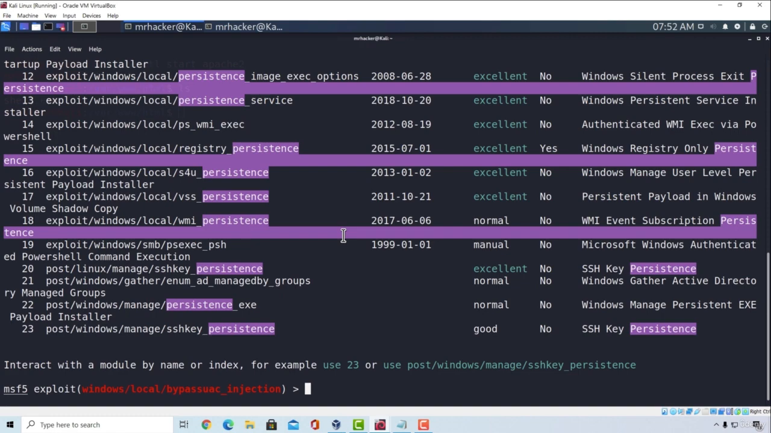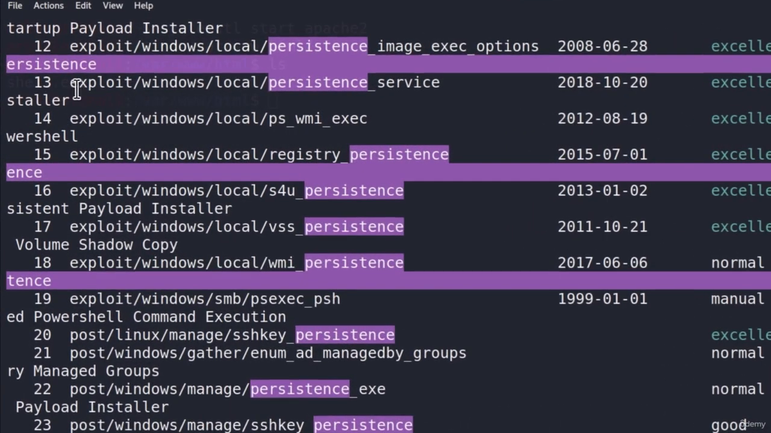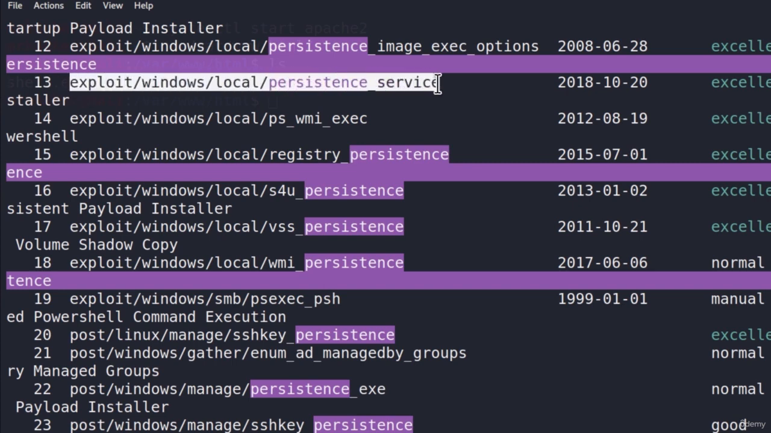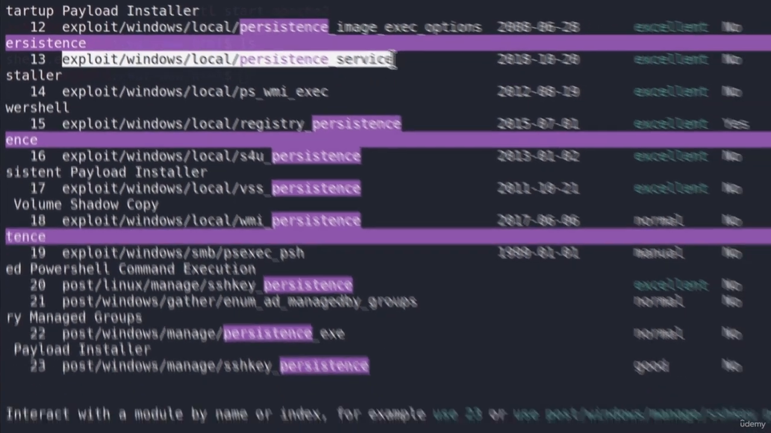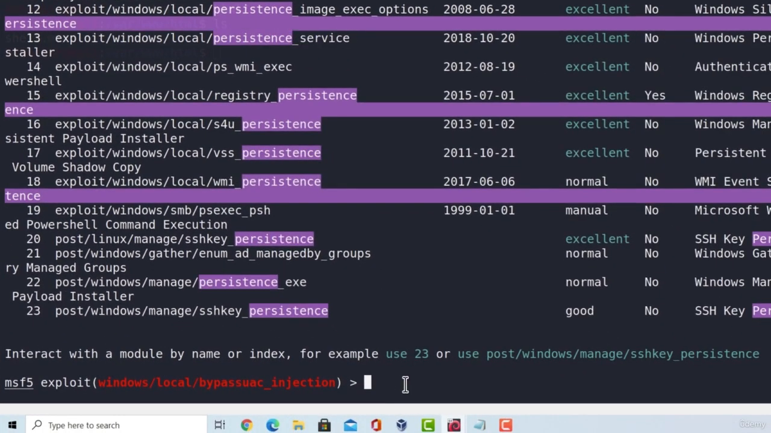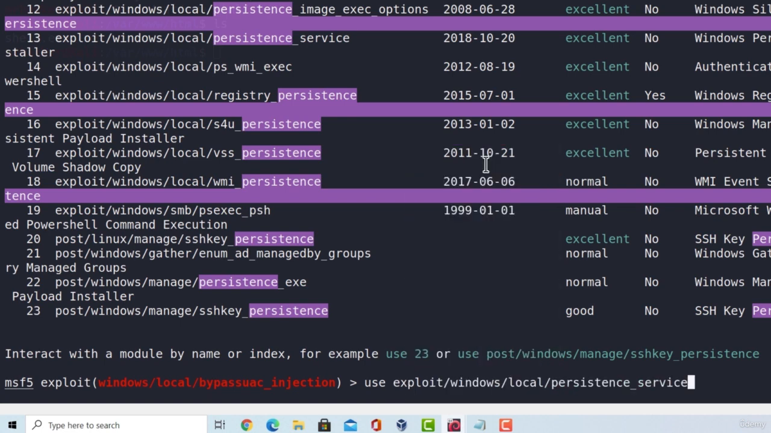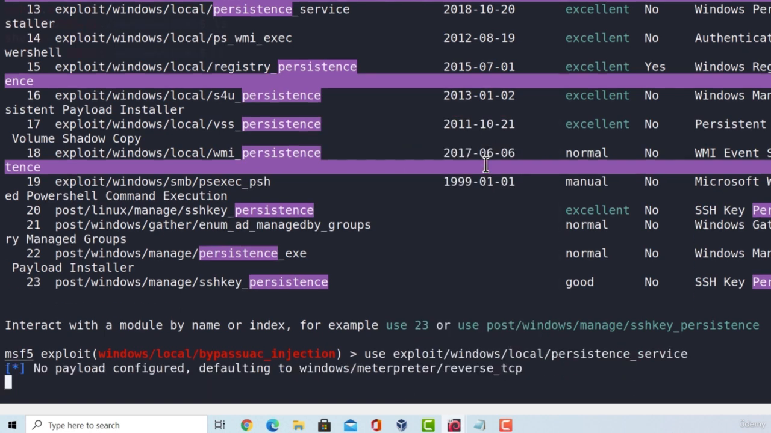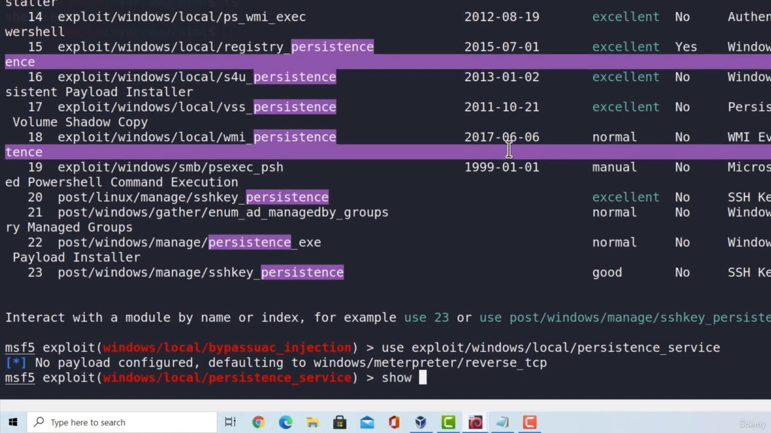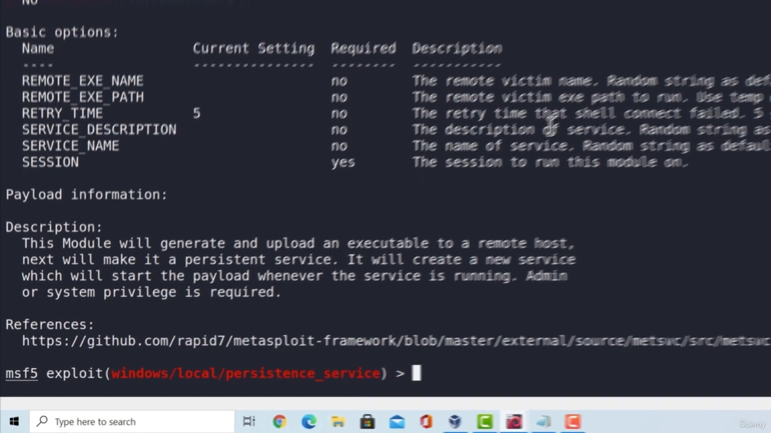And the one that we're going to cover in this video is going to be this one right here. Exploit, Windows, local, and then persistence service. If I copy the module name, go down here and type use, paste the module, press enter. It will set my payload to Windows Meterpreter reverse TCP, and if I type show info, here we can see